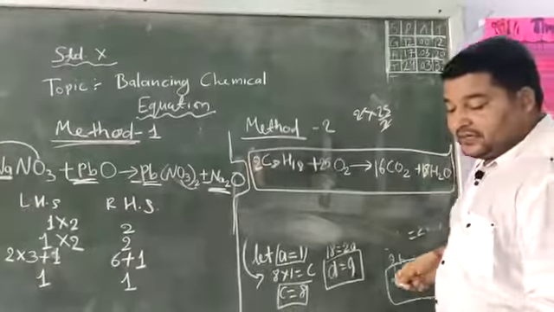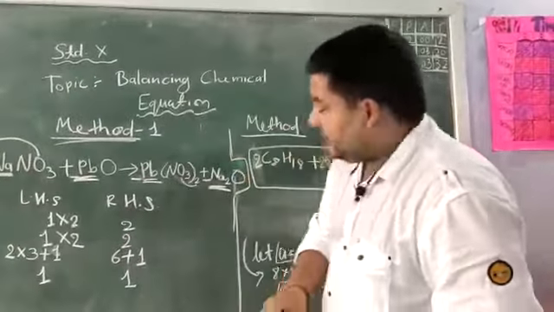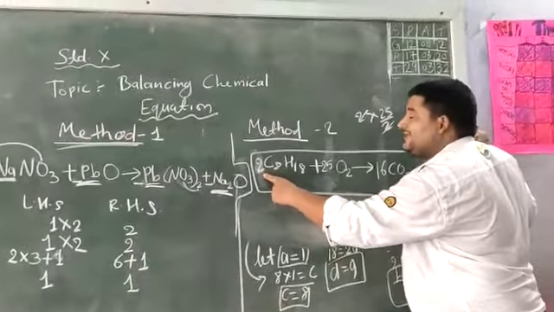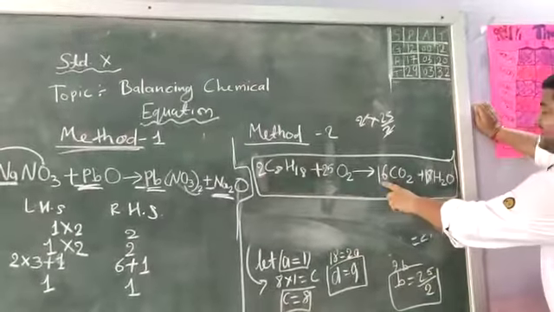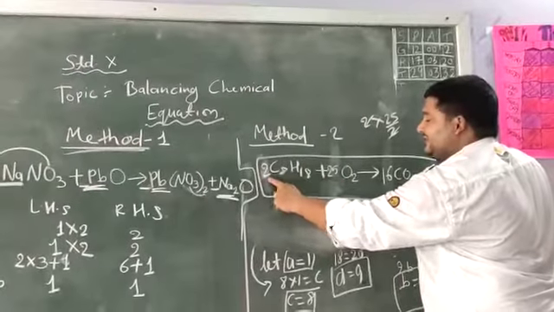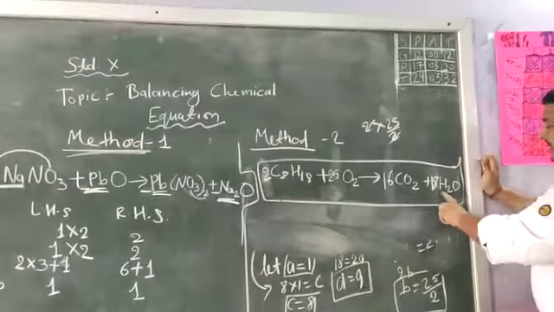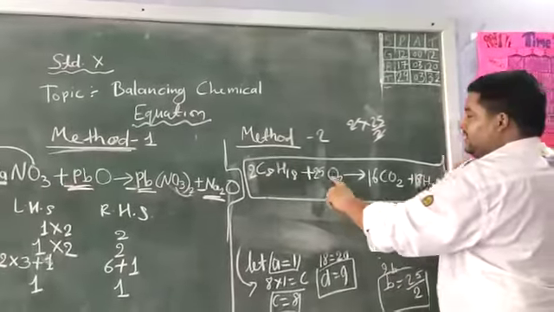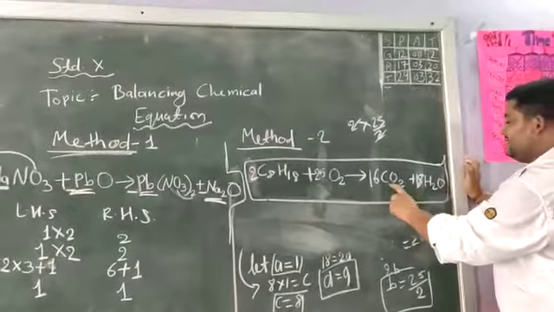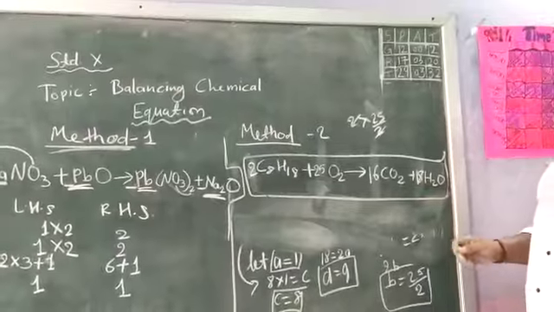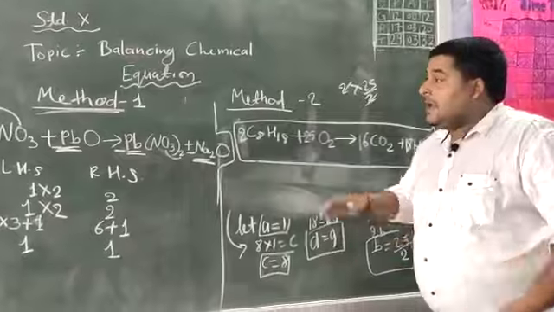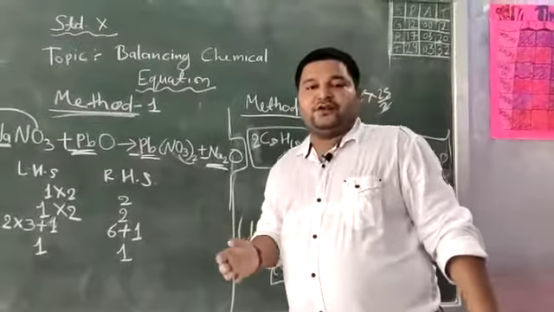It's a very good method. When you will try, definitely you will succeed. Check again. 2 8s are 16 carbon. This side 16 carbon. Hydrogen 2 18s are 36 hydrogen. Here 18 2s are 36 hydrogen. Oxygen 2 25s are 50 oxygen. This side 16 twos are 32 and 18 is 50. So equation is balanced. Method 2 is very accurate method. You will not be confused.